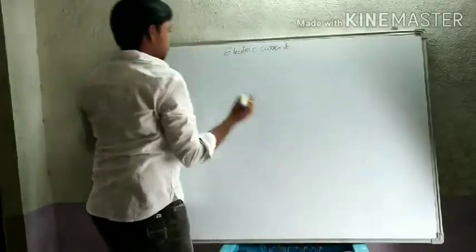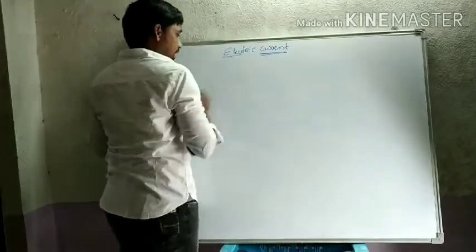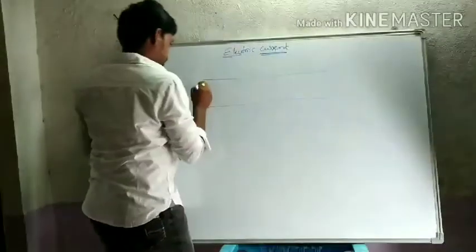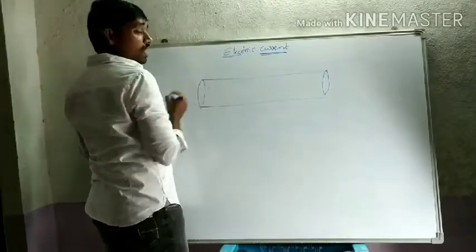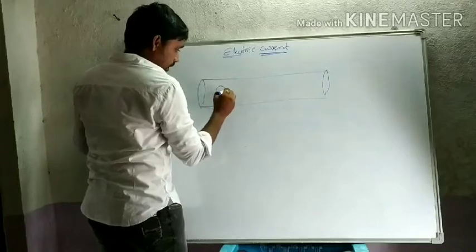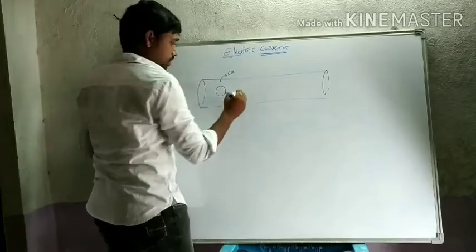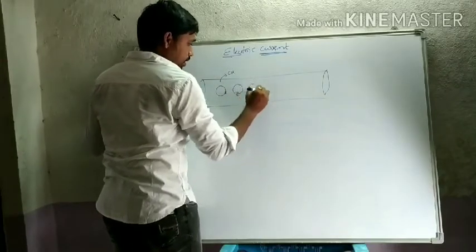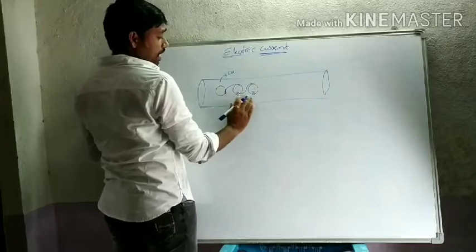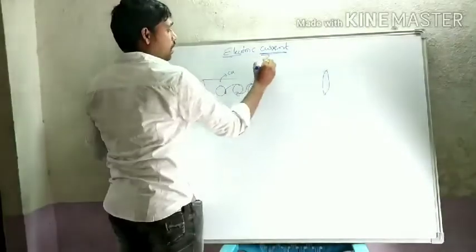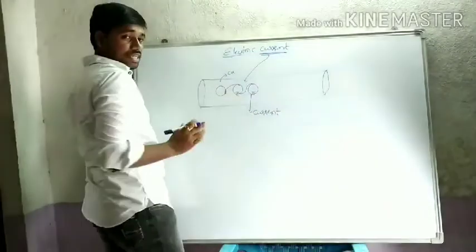Sorry, it is current, that is electric current. What do you mean by current? Current is nothing but, if you take a conductor, this conductor is made up of small tiny atoms. An atom is made of, let us say, copper. Then in the outermost shell there is one free electron present. This free electron moves from one atom to another atom easily. The motion of electrons from one atom to another atom we call the electric current.